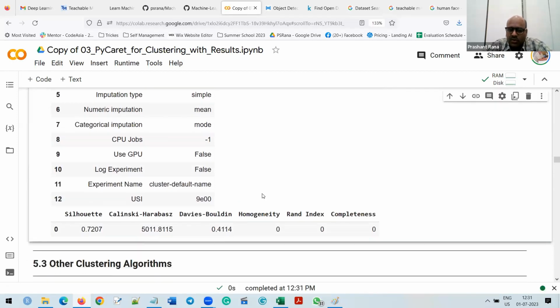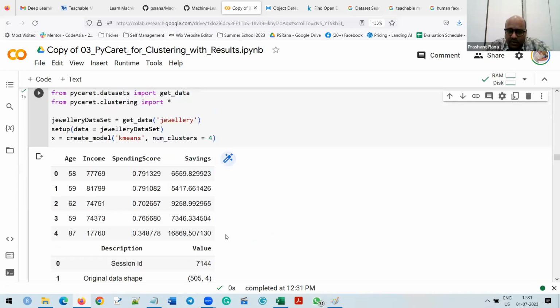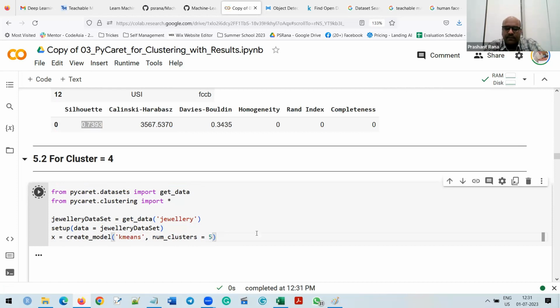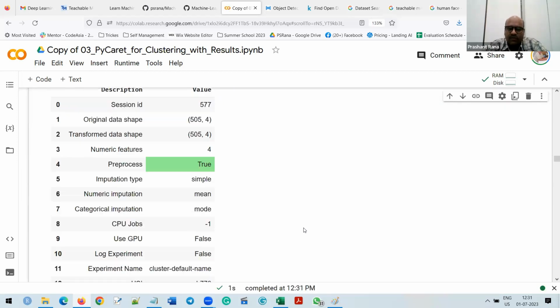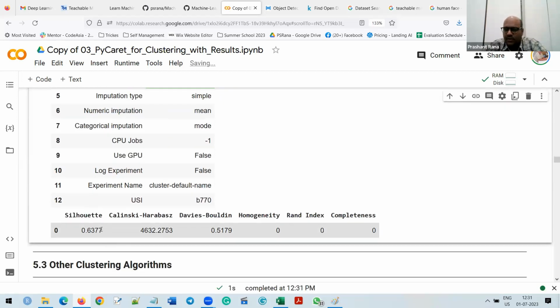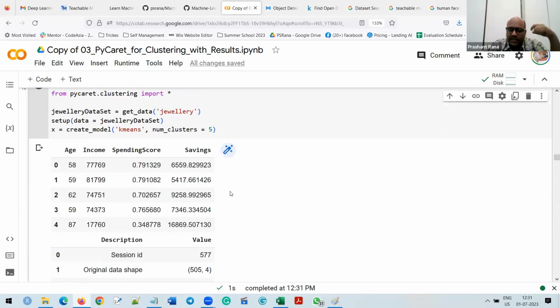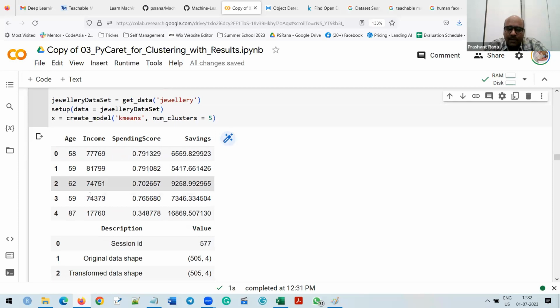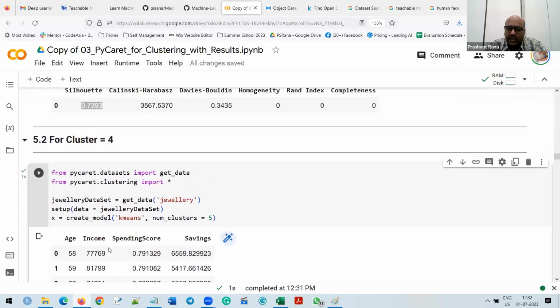So just see, the silhouette score may be somewhat lower. Earlier it was 7.3, now it is 7.2. Now rerun the code again for cluster 5. Again you will find the silhouette score is much lower. So that's why this also validates that the elbow plot is showing the best number of clusters. Okay. The objective is that whichever gives us the maximum silhouette score will be considered the best number